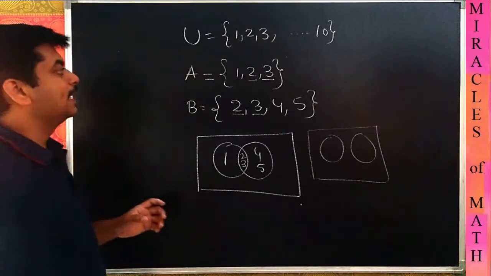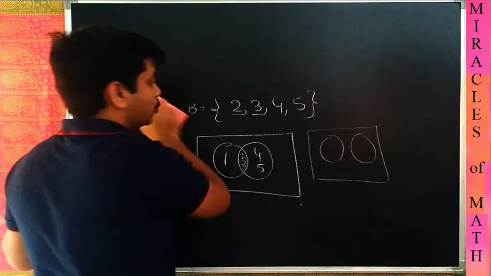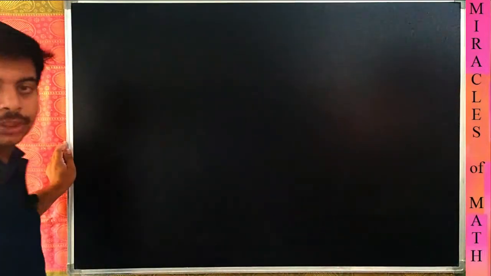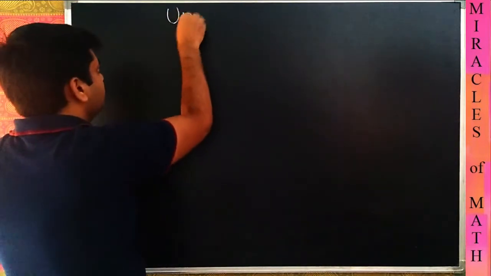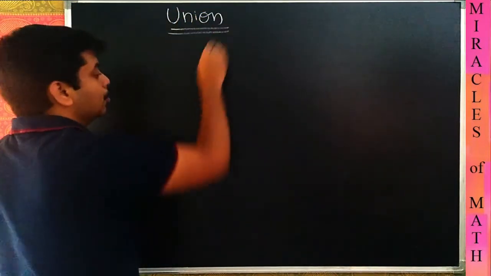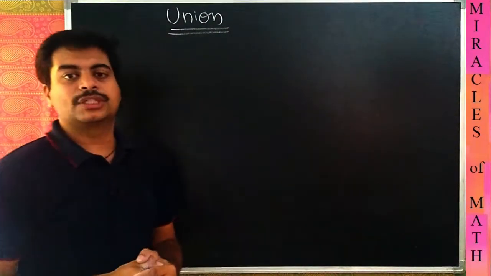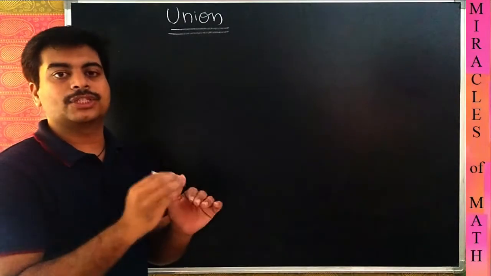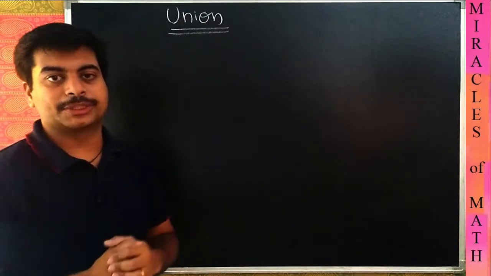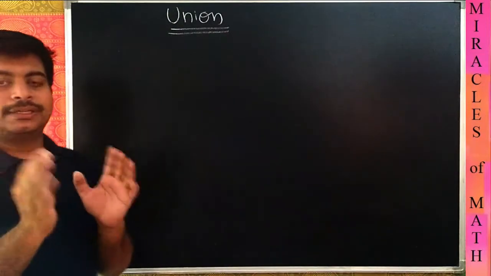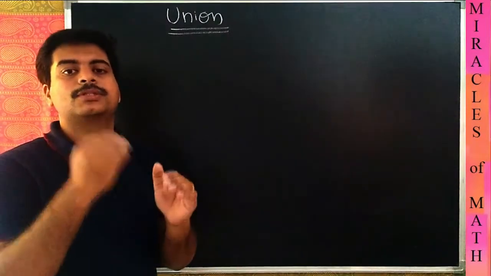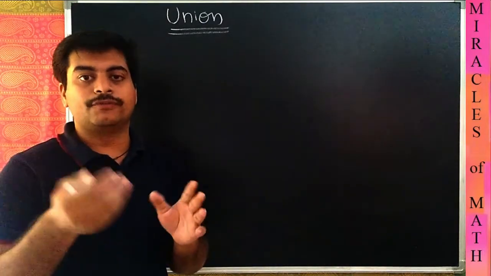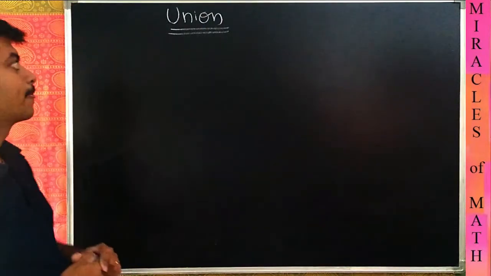Now quickly let us see the first operation on sets, that is union of two sets. First we will talk about union, then intersection, and after one or two more models, we will stop with this introduction part in this lecture and see problems in the next lecture. So if you are here to see the problems on Venn diagrams, you can leave this session and go view the next lecture.